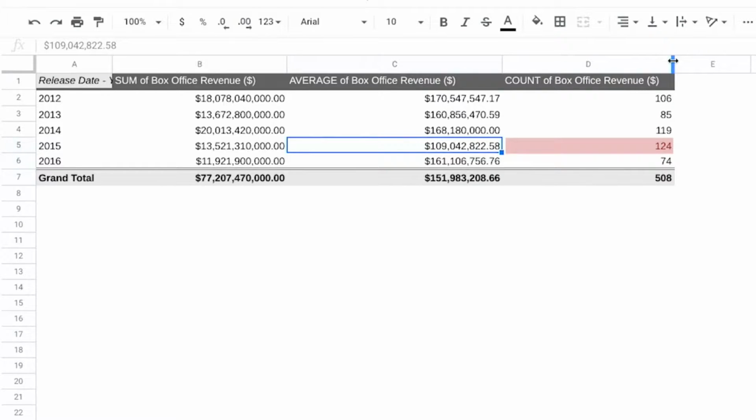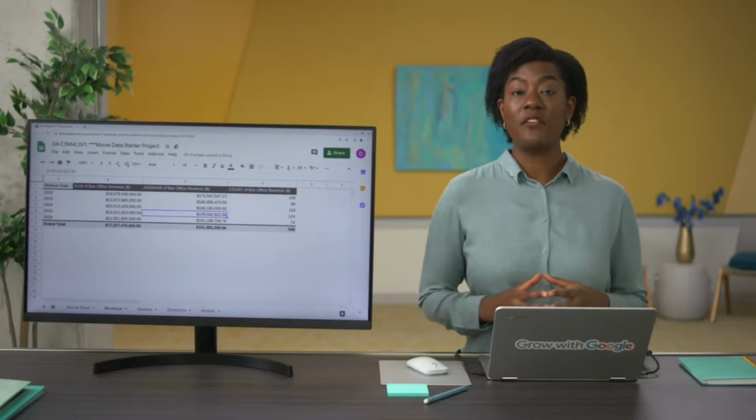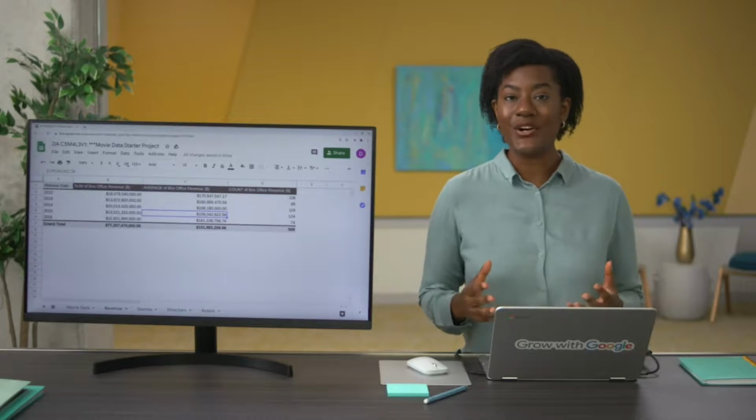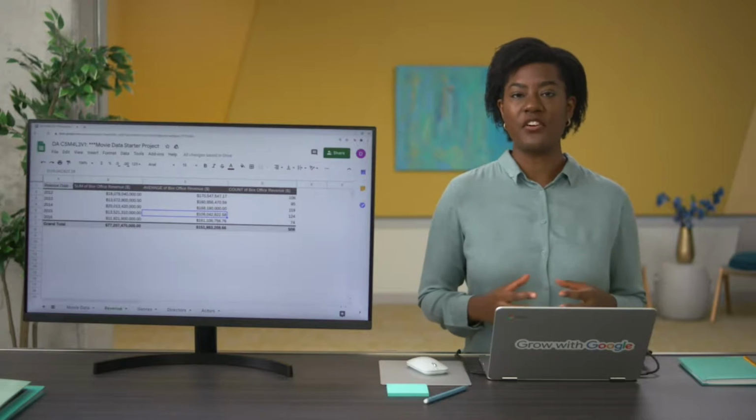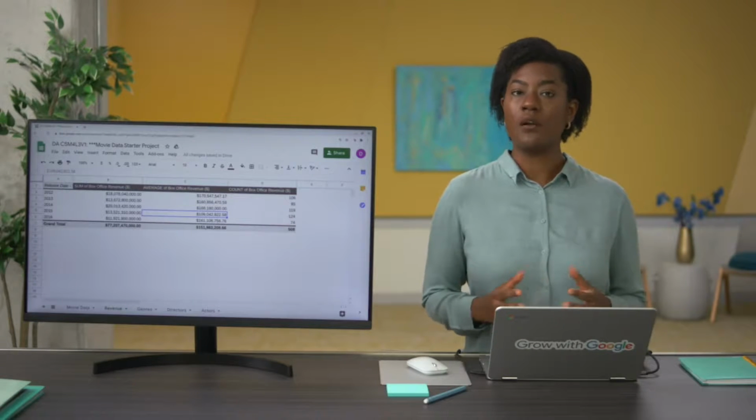This shows us that there's more movies in the dataset from 2015 than from any other year. But 2015 still has the second lowest total box office revenue. This could mean a few things. It's likely that a lot of the movies from 2015 just didn't earn much revenue compared to the other years, which would bring down the overall average revenue even if the total revenue remained on par with the other years. We'll explore just this one possibility here, but you can always go further when you analyze data in your own job. It'll depend on your objectives and the questions you need to answer.